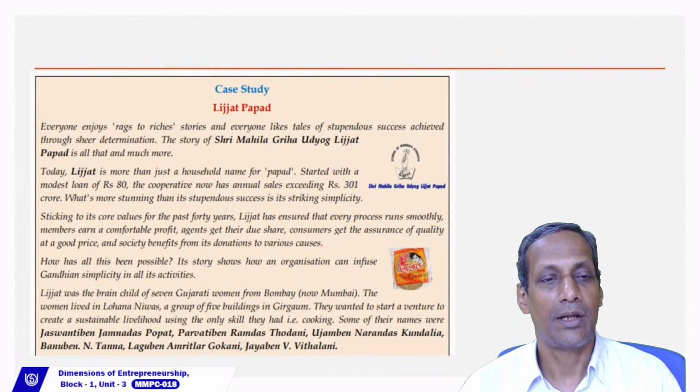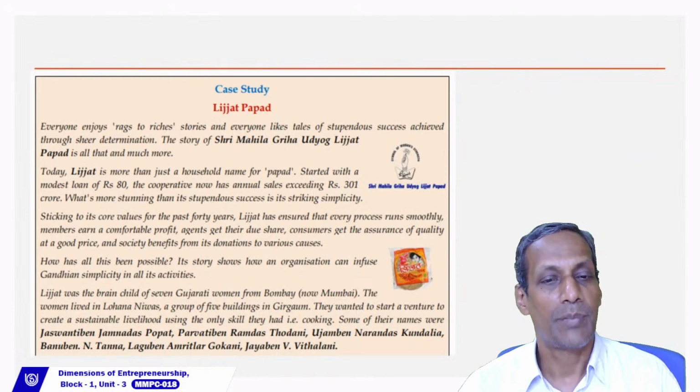Lijjat was the brainchild of 7 Gujarati women from Bombay, now Mumbai. The women lived in Lohana Niwas, a group of 5 buildings in Girgaon. They wanted to start a venture to create a sustainable livelihood using the only skill they had, cooking. Some of their names were Jaswantiben